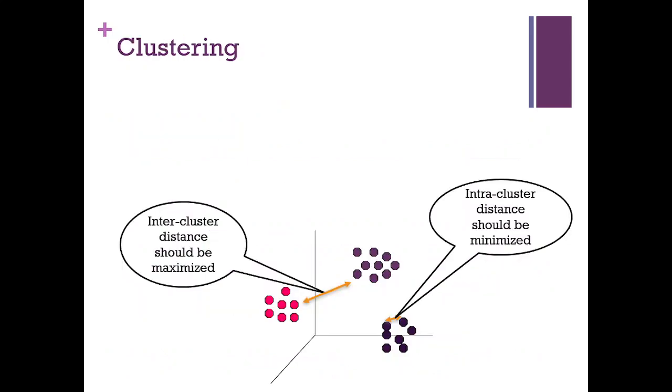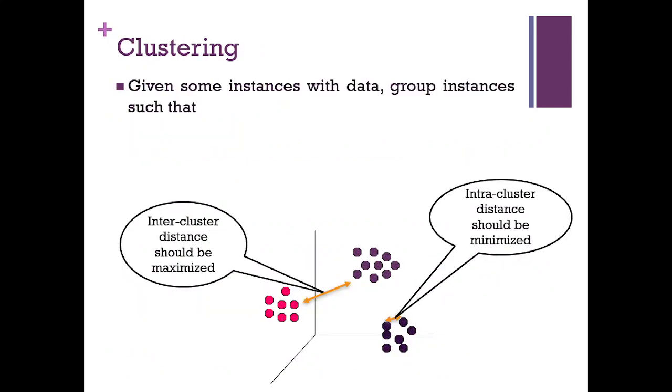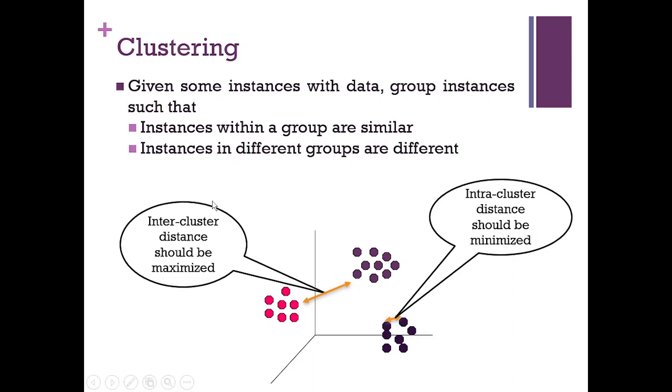Now, let's talk about what clustering is. Given some instances with data, we group the instances, that is, all these points. Can you see these points in three colors? Now, all these points are instances. Our aim is to group the instances such that instances that are within a group, that is, the intra-cluster distance, should be minimized. That is, instances within a group ought to be similar,